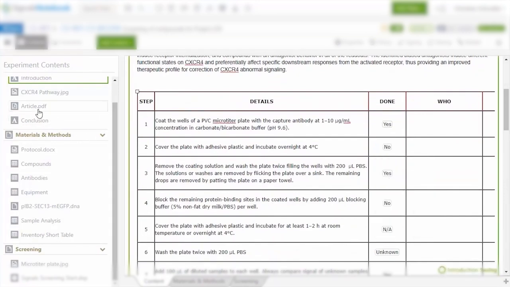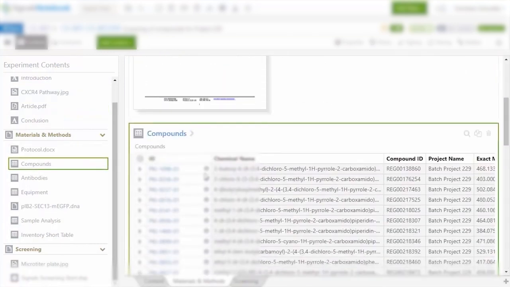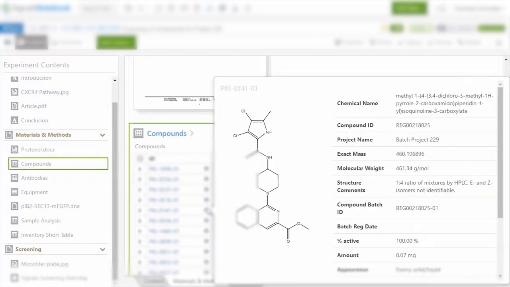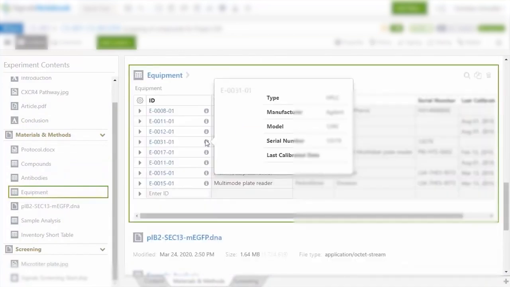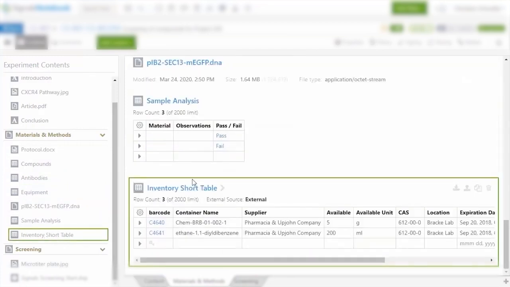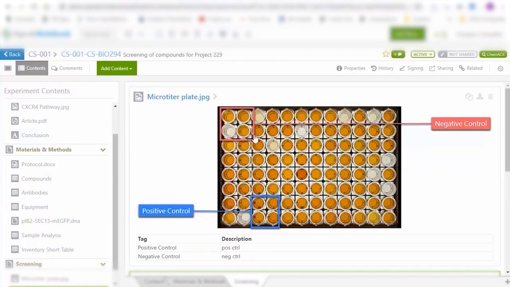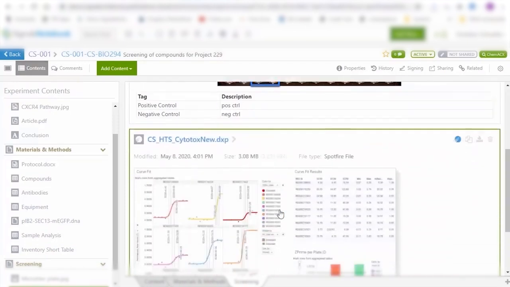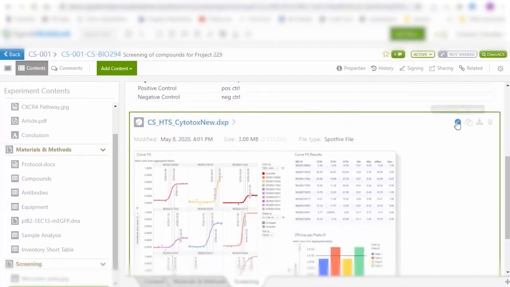There is an introduction section with the tick boxes, articles in PDF format or Word documents. We have a compound section with all the used compounds for this special screen, but you can also get information about the used equipment. All these different section types can be added individually based on your specific request for that specific experiment. For the screening experiment, we have an image with the different control regions and also a Spotfire file